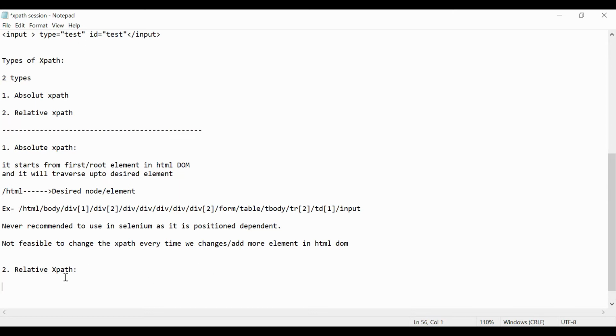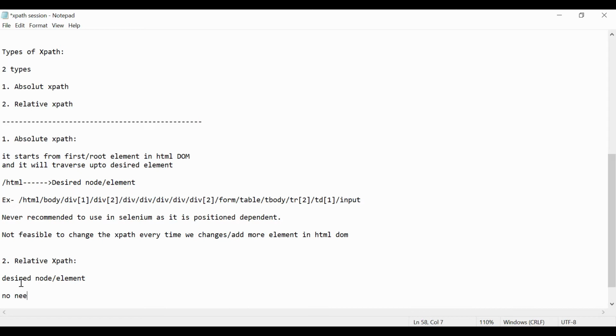By using relative XPath you can directly go to the desired node or element. No need to start with the root node.